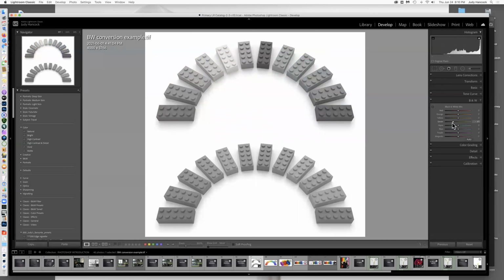Green, same thing, and all the way down. So this is the way that I do 99% of my black and white work. I change it to black and white in Lightroom, and then I go and play with the sliders until I get what I want. Now, the advantage of Photoshop for this, it works very similarly, and we'll go there in a minute. The advantage of Photoshop is